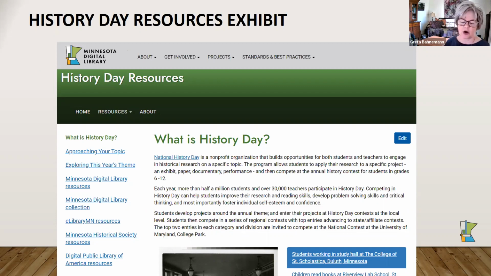Every year we host what's called a Gopher Baloo, an event where the library staff hosts students and teachers at the UMN libraries, and the reference librarians help students conduct research and refine their topic. These outreach events can help students both find and discover primary and secondary resources, and also better acquaint themselves with reference librarians and the help that they can provide. So, given Minnesota's level of commitment to the History Day program, I decided to create the History Day Resources exhibit